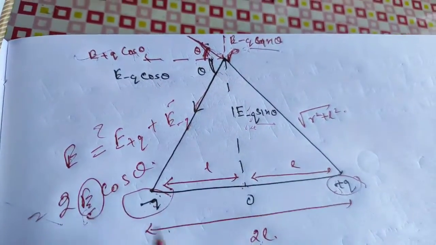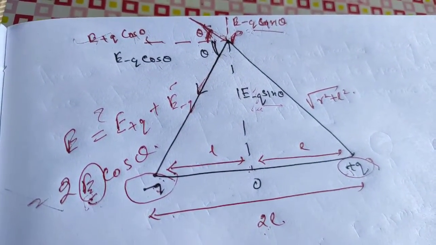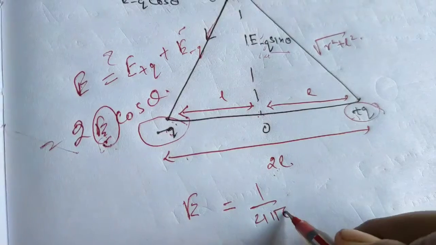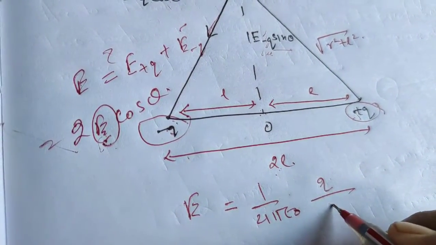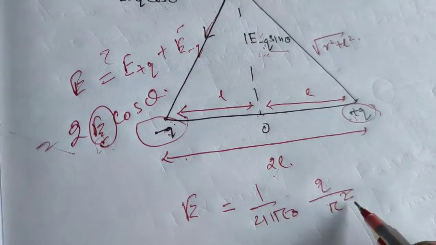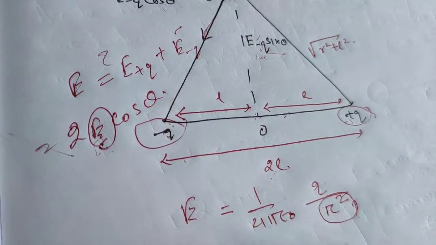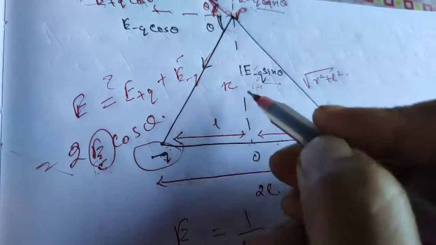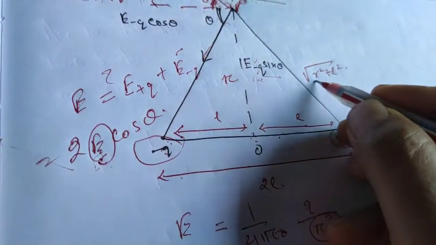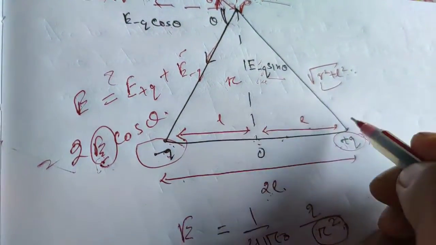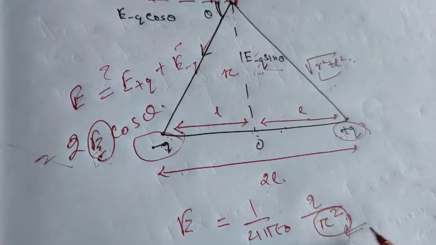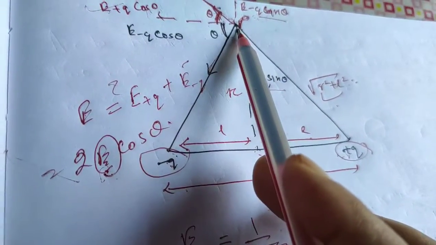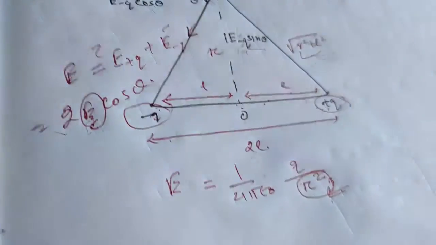Now, first, how to find the value of E. To find the value of E, student, you know the formula 1 by 4 pi epsilon naught Q by r square. This is the common formula. But in this diagram, how will you find r square? Suppose this perpendicular OP I am taking as r. This is l. So the distance is root over of r square plus l square. Here r is the distance of separation. What is the distance between the positive charge and the point where it experiences the electric field? That is this one, so you can put the value.